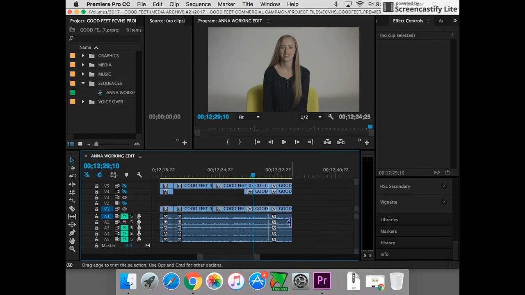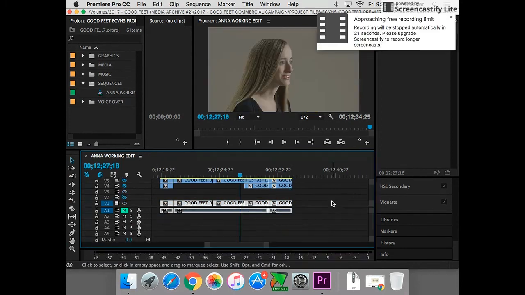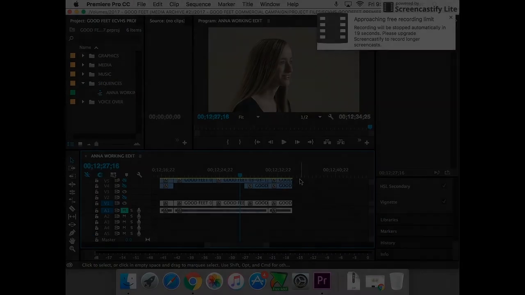We also know we like this microphone right here, right? So as long as I'm not going to move any of this picture and throw everything out of sync, I'm just going to get rid of these audio tracks. So I'm not going to use them. I'm not going to use that. I'm not going to use that. This is my audio track that I'm going to use for everything. I'm just going to put this up on the top right here. And I'm constantly cleaning it up so I don't have all this empty stuff down here that I'm not using. And so I know that this is what I'm working on. And this is all stuff that I didn't use.